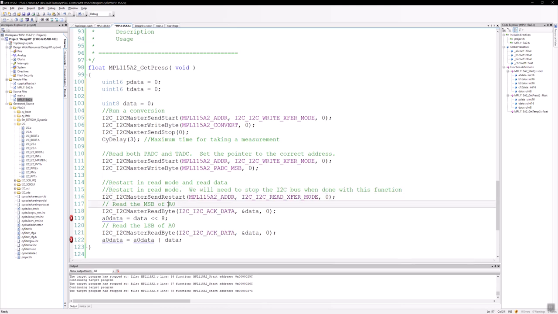Now I'm not reading the most significant byte of A0, because of where I've put the pointer, it's the most significant byte of pressure. And I'm not going to store it in, of course, A data. I'm going to be storing this in P data. And then I'm going to do the same thing here, and this is going to be P data, and then I'm going to do the OR equals